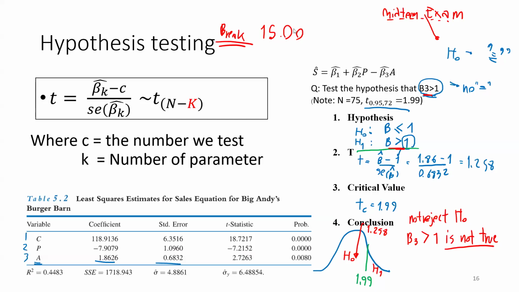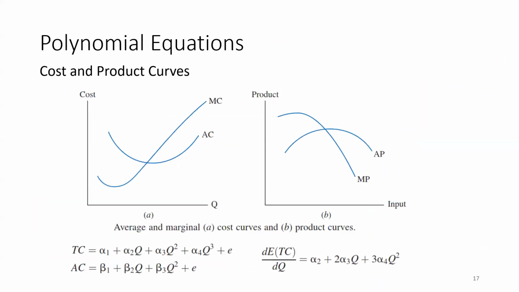Okay, so hopefully you refreshed from the first part of this chapter, because the second part of this chapter will become more difficult. Okay, so we can have polynomial equations. Since we can have more than one explanatory variable, it means you can do polynomial equations. Okay, for example,